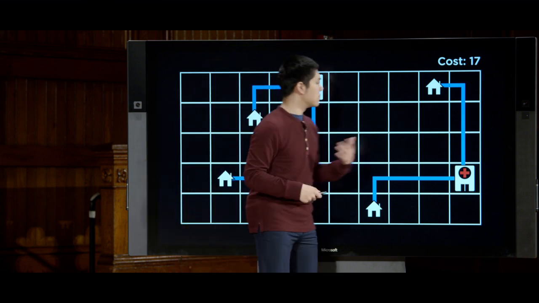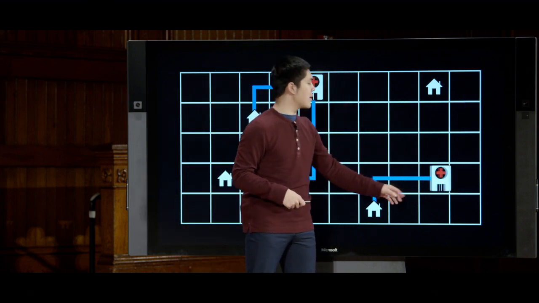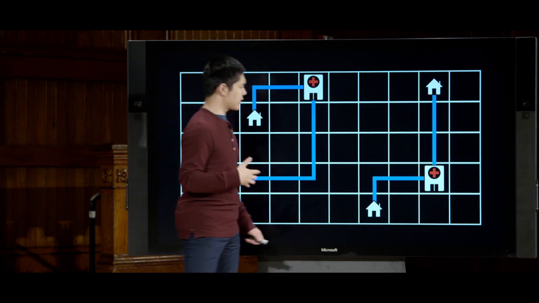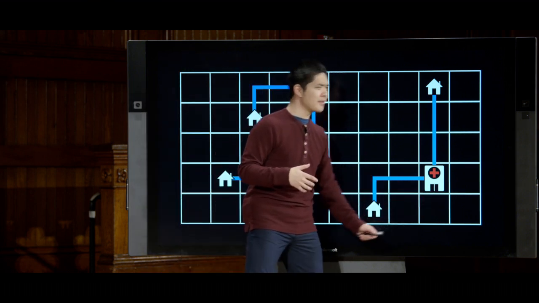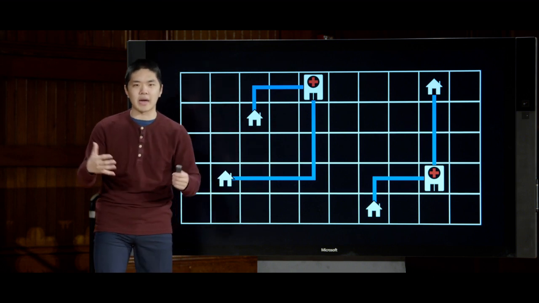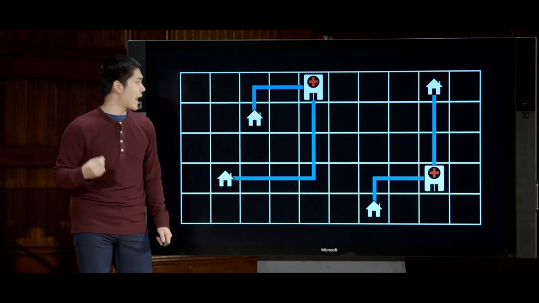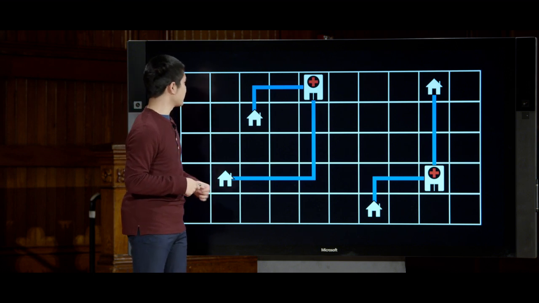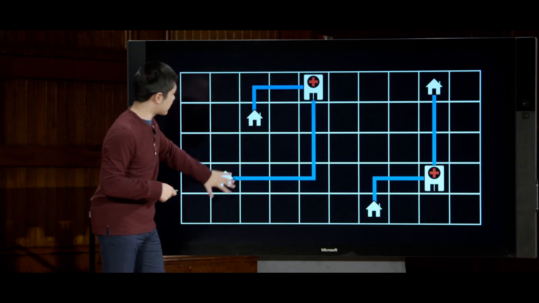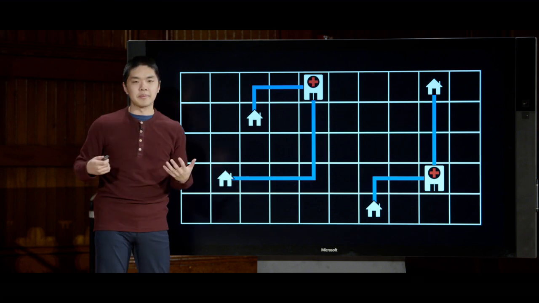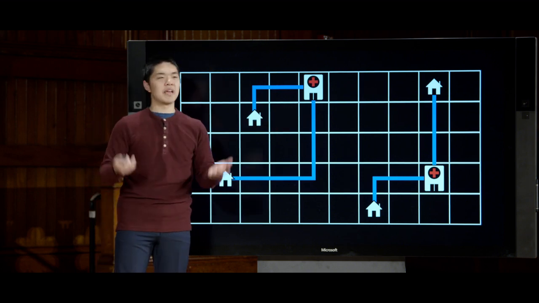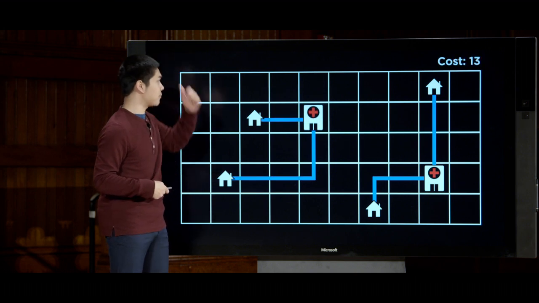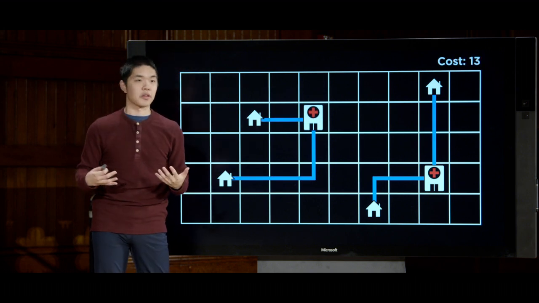And so we might do that, move ourselves from this current state to a neighbor by just taking that hospital and moving it. And at this point, there's not a whole lot that can be done with this hospital, but there's still other optimizations we can make, other neighbors we can move to that are going to have a better value. If we consider this hospital, for example, we might imagine that right now it's a bit far up, that both of these houses are a little bit lower. So we might be able to do better by taking this hospital and moving it 1 square down, so that now instead of a cost of 15, we're down to a cost of 13 for this particular